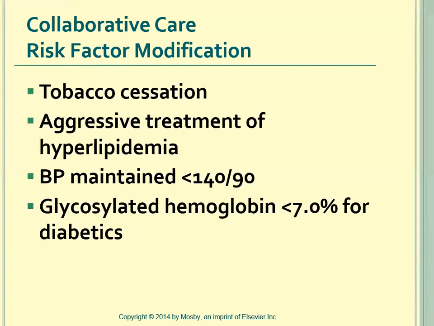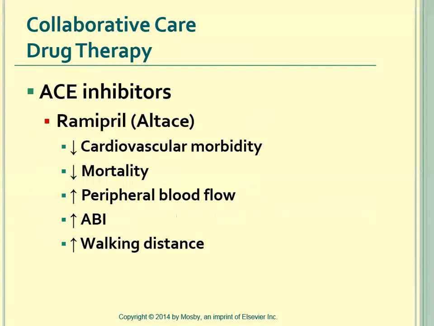Diabetics are unfortunately a big risk population for having PAD, and they're at even greater risk for amputation if they develop PAD. So we want these patients to have a stable hemoglobin A1C, less than 7 for our diabetic patients, and as close to 6 if we can get them. Some other medications you might see being used for patients with PAD are ACE inhibitors,